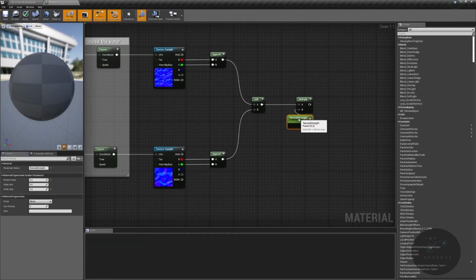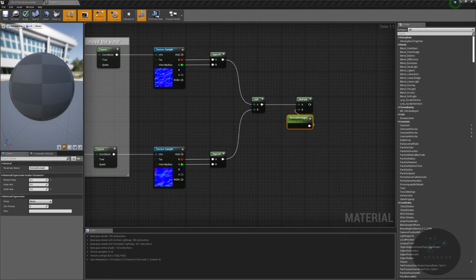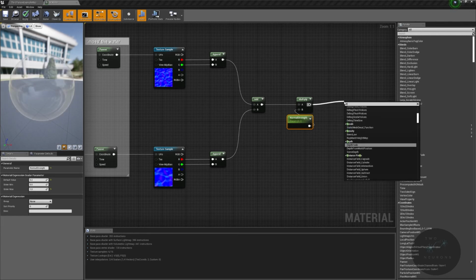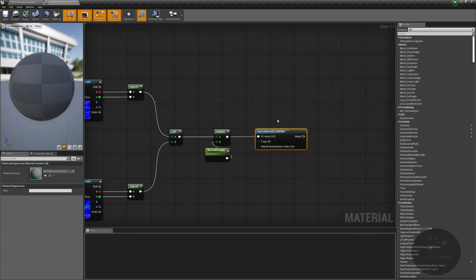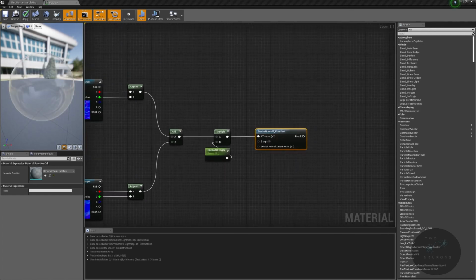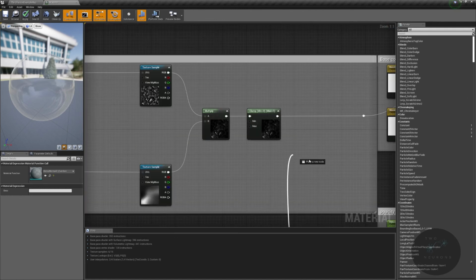We're going to use this with our derive normal z function, which is a material function that's useful when we're normalizing things that are going to have weird z inputs. So we're going to do the derive normal z function. We are going to leave everything else in here as is. This is where it gets a bit weird. We're going to go from here all the way up to